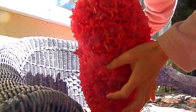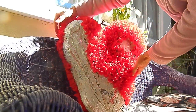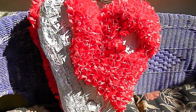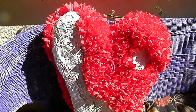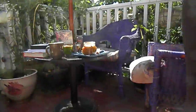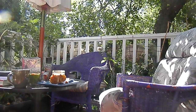So I got this side. There's a lot left to do on this side, so I don't know. I'll just show you. I'll need to do, I've cut up another roll worth of crepe paper streamer, and I will see if that'll do it. And then there's a lot of gaps for me to fill in too. So anyway, now